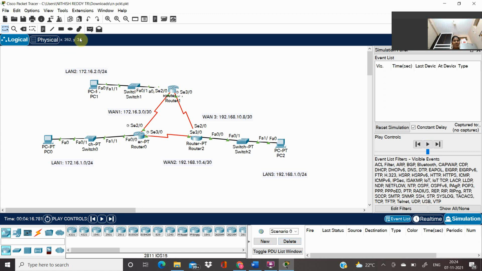Now let me ping from LAN 2 to LAN 1, that means from PC1 to PC0.